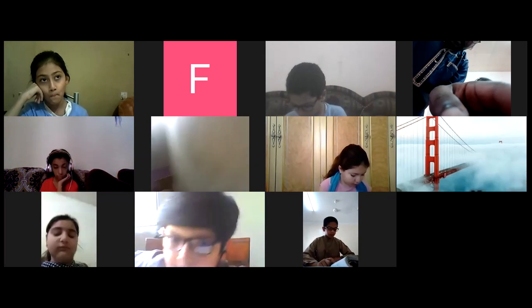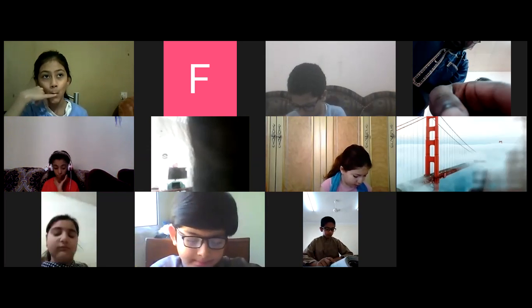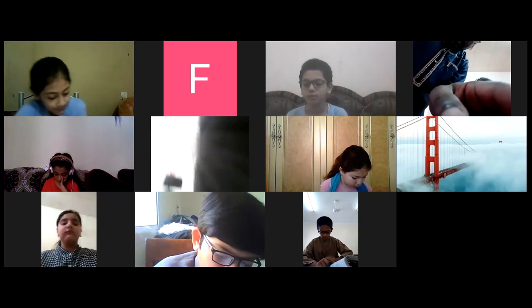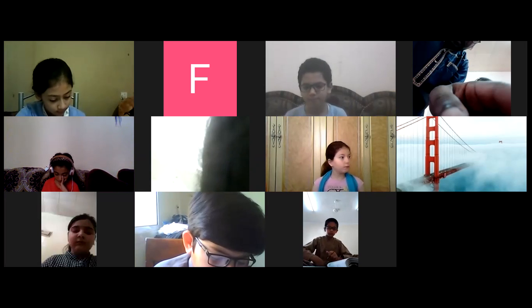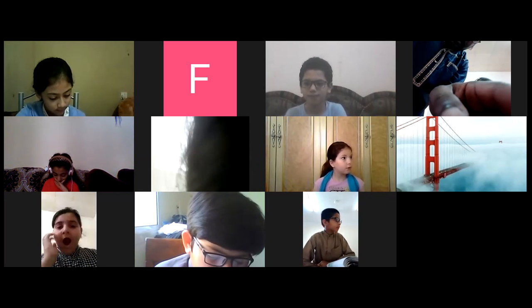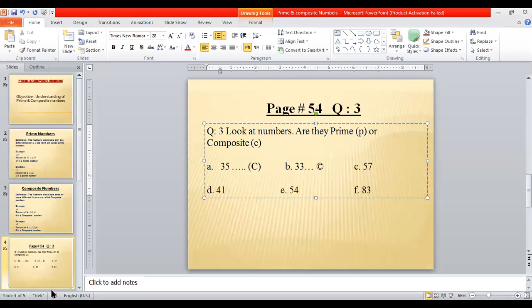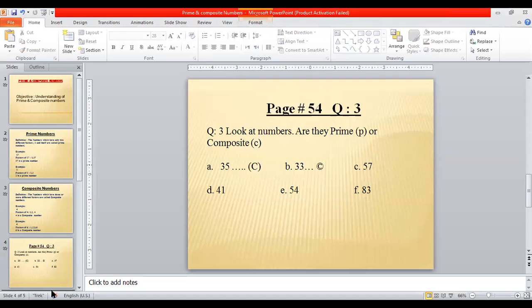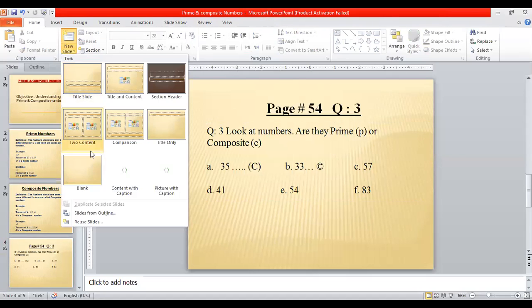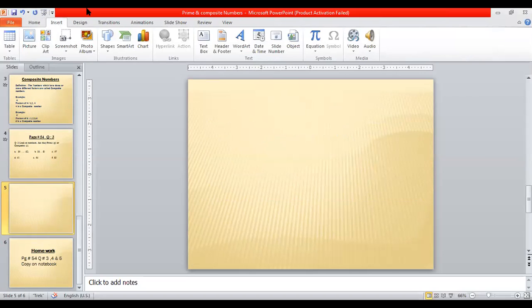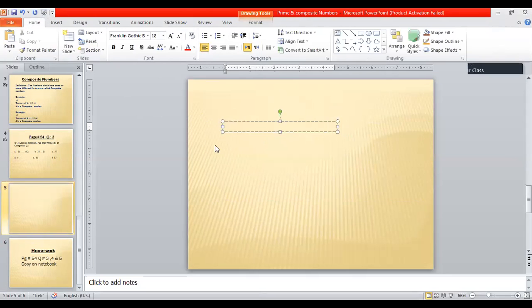For B, this is a little bit long question. You have to think about it and carefully solve it. How many composite numbers and how many prime numbers are there between 1 and 50? So in this question, how will you solve it? Let me show you. Look at this. I will tell you how you will solve part B. I will just do 1 or 2 things for you. The rest you will do by yourself, because now you have clearly understood it.